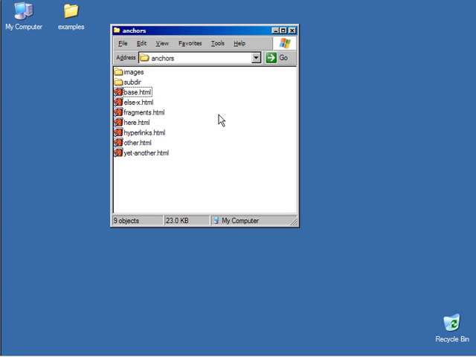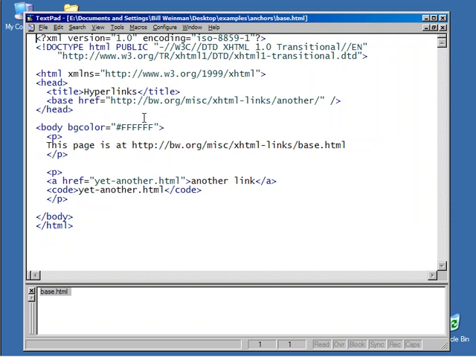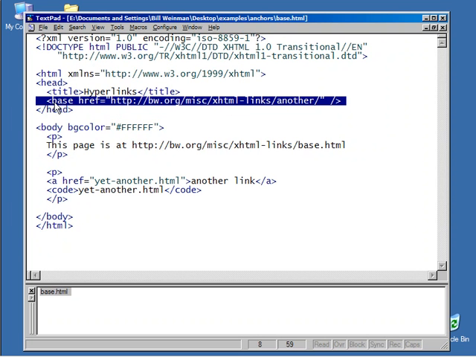While we're on the subject of URLs, I want to talk about another element called base, which is occasionally useful, not often, but I use it occasionally, and it kind of goes like this. Let's go ahead and open this base.html in the text editor and take a look at this element here, base